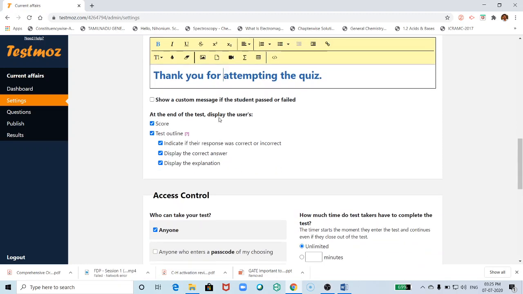And here, at the end of the test, you can choose what to display to the users. After completing the test, the students are able to see their scores if you tick this, and also they are able to see the correct answers, and any explanations you have given.